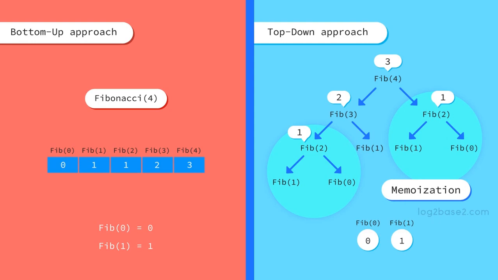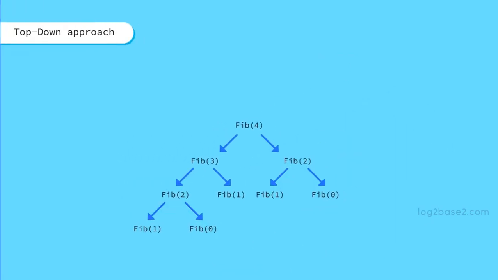To avoid the recomputation issue, we need to store the result of sub-problems in separate memory, so that when we face the same sub-problem again, we need not solve it again. Instead, we can reuse the already solved result. This is called memoization. Let us understand it by solving the same nth Fibonacci problem using a top-down approach with